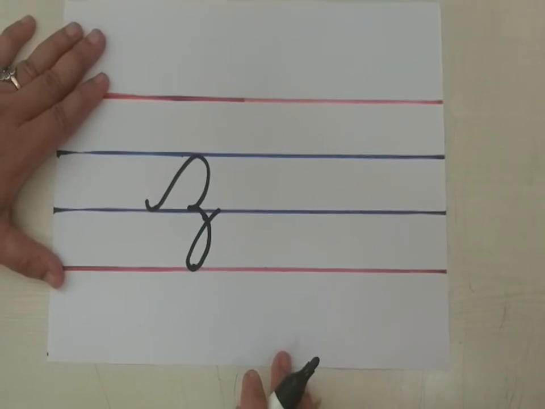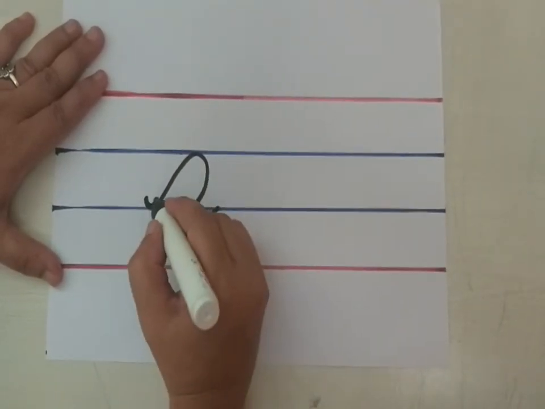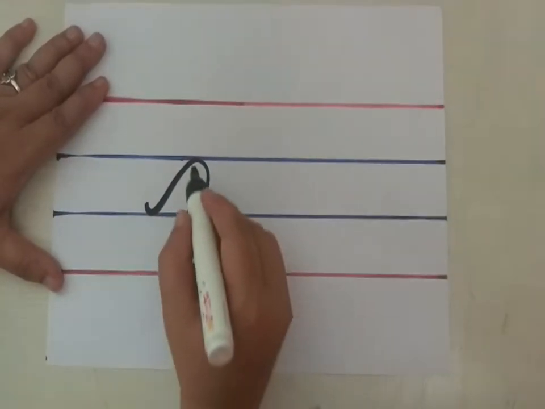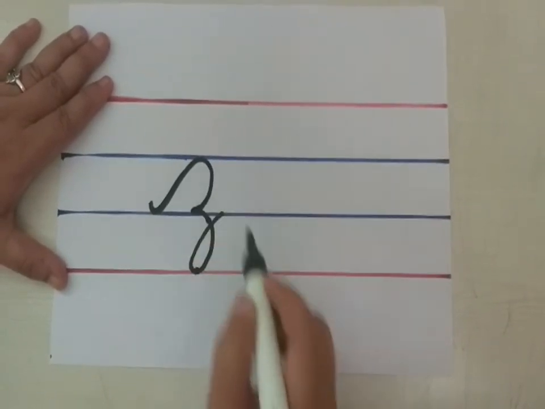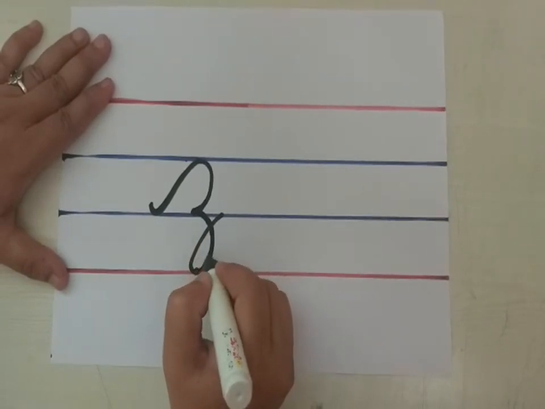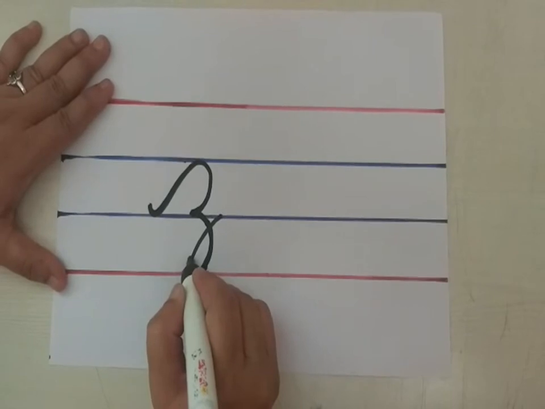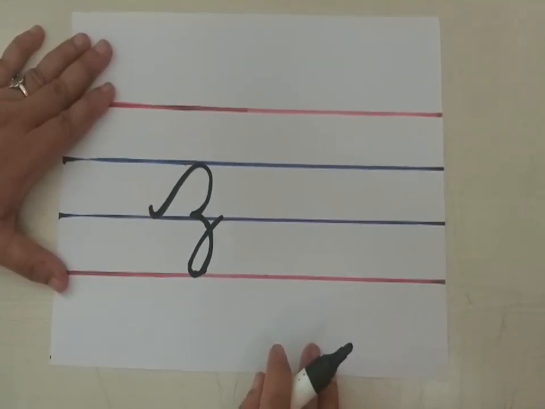Shall we write once again? Take a small curve. Go up to the second blue line. Slanting line, children. Now here you have to write a half curve. You have to make a half curve, children, like that. Now again come down to the fourth red line. Down, children. Now take a turn and go and join this third blue line. Okay. Shall we write once again this sign?